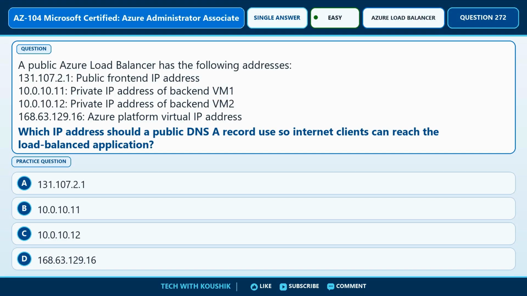Let us examine question number 272. The focus now shifts to Azure Load Balancer. Let us first review the situation. A public Azure Load Balancer has the following addresses: